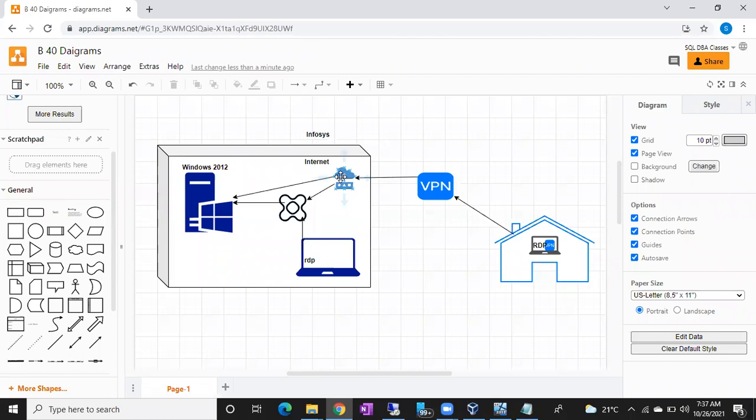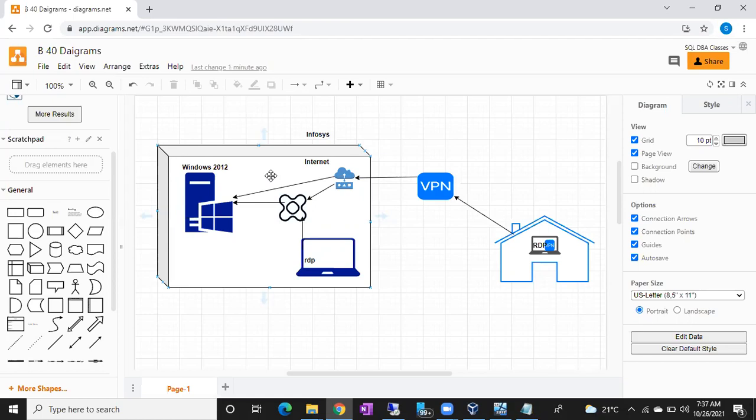Office might use different networks. Internet is different, intranet is different. Internet means you can access public sites and everything on the internet. Intranet is nothing but you can access only office resources. The whole organization will have an intranet setup. All the servers, your laptops, jump servers, printers, Xerox machines, everything will be connected to your intranet.